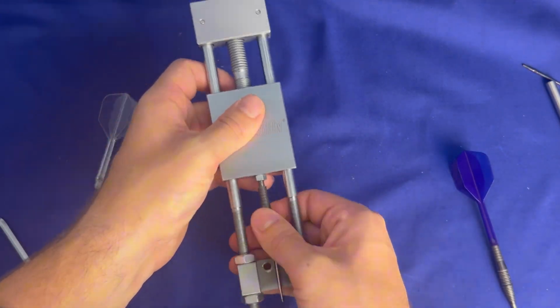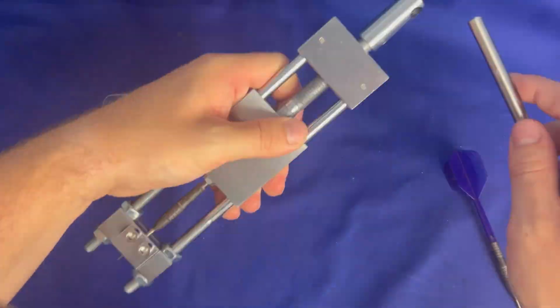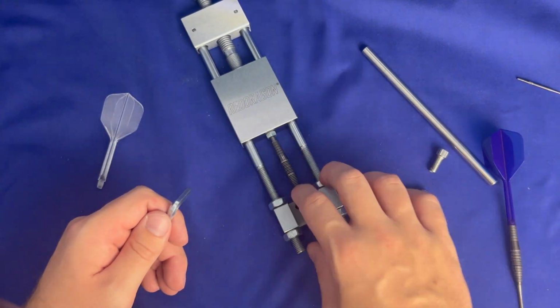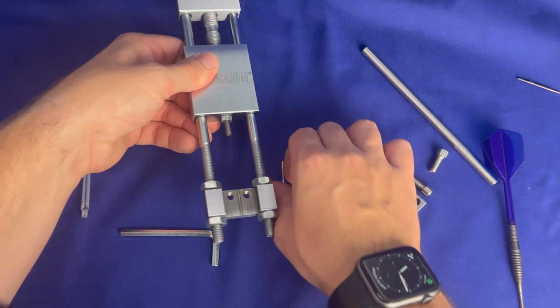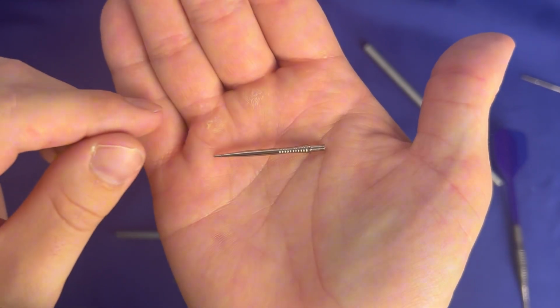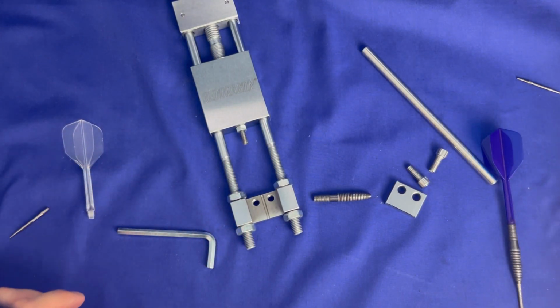So something to take into account if you are going to repoint Swiss point darts with non-Swiss points. Now we know you can put non-Swiss points in Swiss point barrels, it's time to see if you can put Swiss points back in it after you've removed the point. So like you see there, I've just removed the point, pulled the point out, there it is. I'm going to try and put a Swiss point back in this barrel. Now will it work, or have I ruined